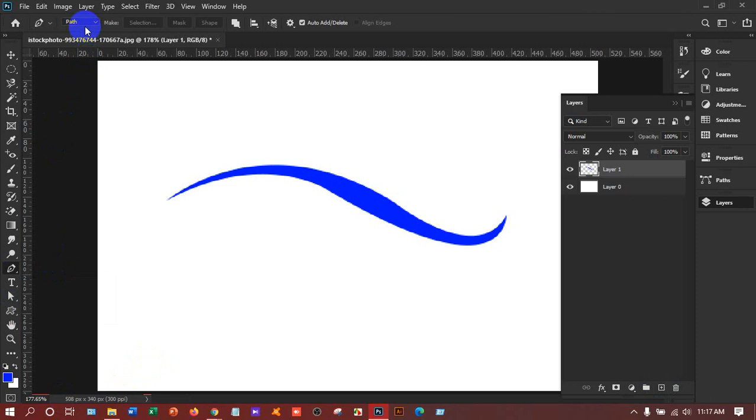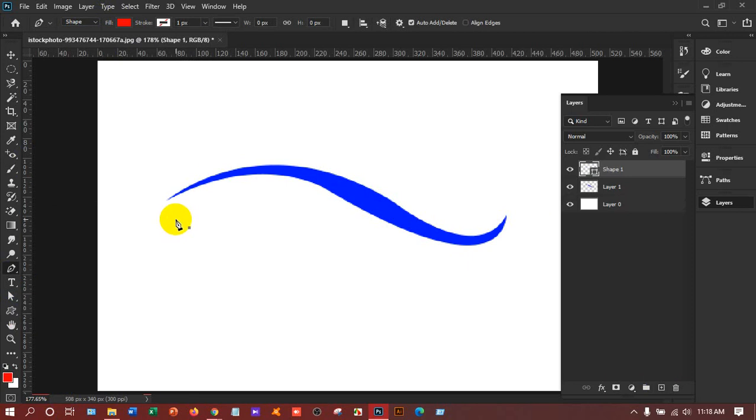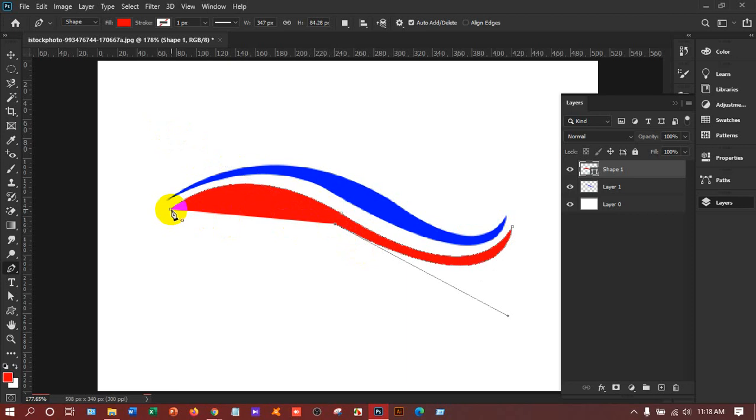That means I have selected path. Now I will select shape here. No need to select the path. With shape selected, I'll see the fill color. Suppose I'm taking red. Well, Control Z. I'll start from here, I'll come here, and hold and press the Alt key. Click here. I'll hold and press the Alt key. Left click here. Well, now if I come here again, then I'll make a shape like that. Yes. And if I click here,